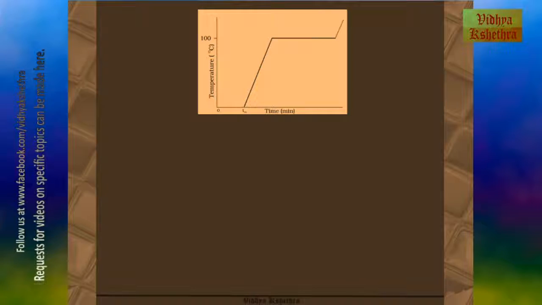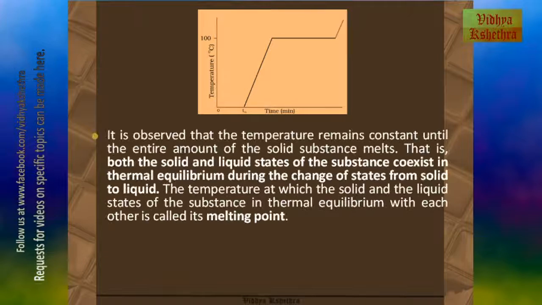Now we can consider an experiment in which 2 to 3 ice cubes are put in a vessel and the vessel is heated. And the graph is drawn as shown in the figure, in which the temperature change is plotted against time. It is observed that the temperature remains constant until the entire amount of the solid substance melts. That is, both the solid and liquid states of the substance coexist in thermal equilibrium during the change of states